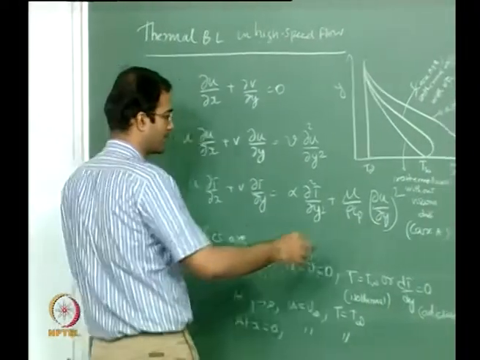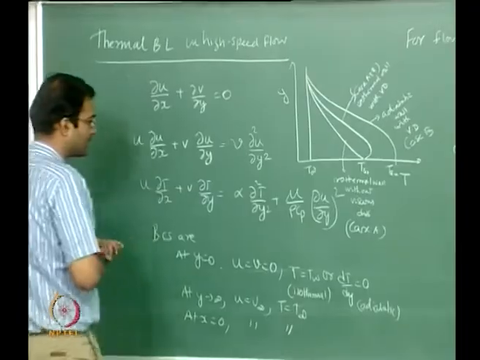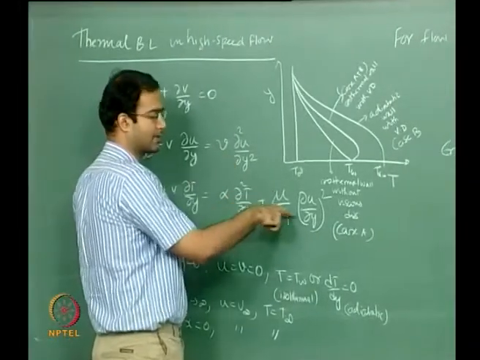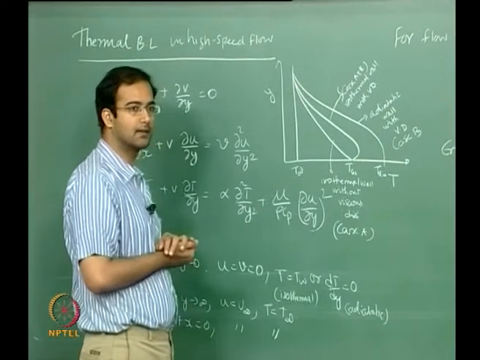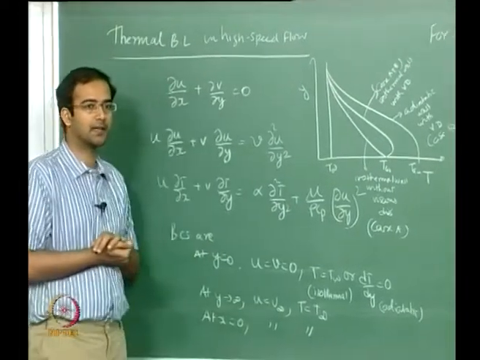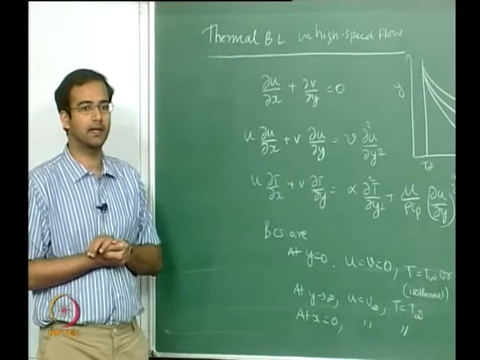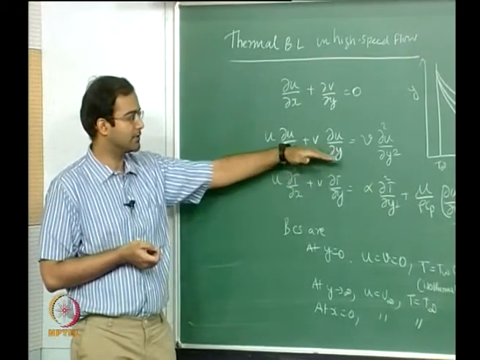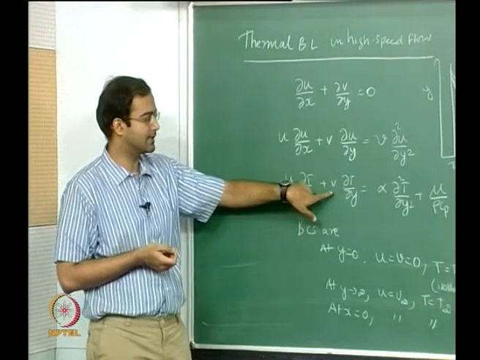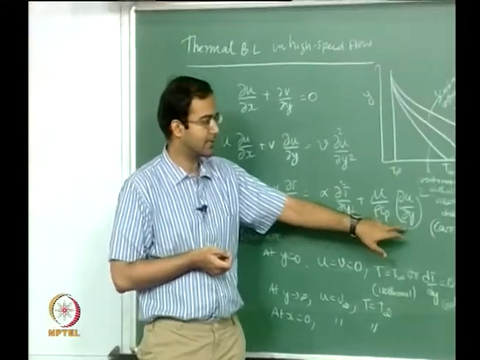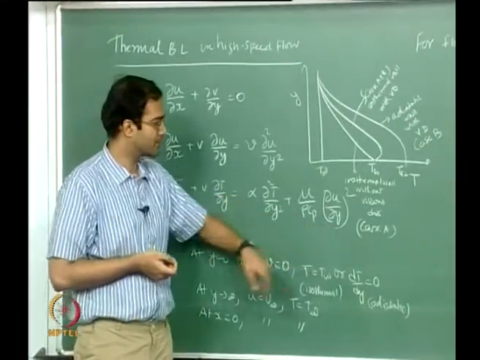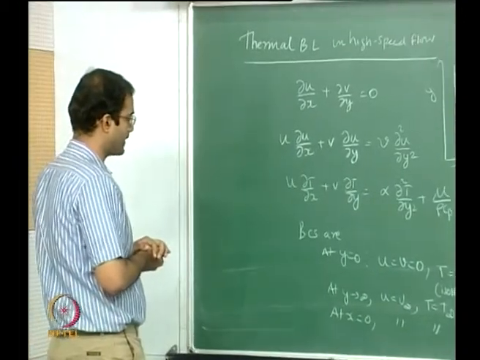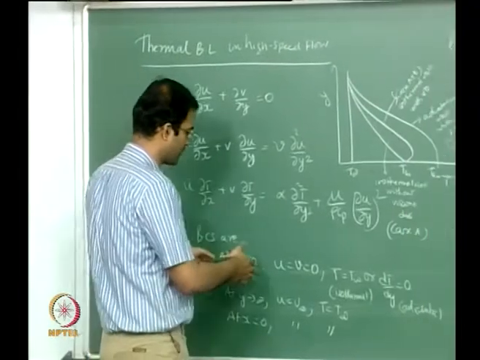Now you have included the viscous dissipation, therefore the energy equation is coupled to the velocity gradients. Earlier in the Falkner-Skan or Blasius cases, the energy equation was completely decoupled, in the sense that you solve for the flow once, you substitute the velocities and that's it. Here you also need the velocity gradients. So a little bit more coupling comes in, and these are the corresponding boundary conditions.